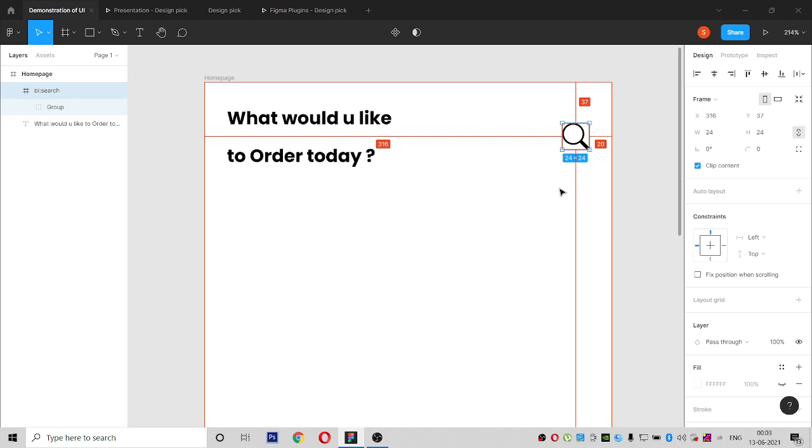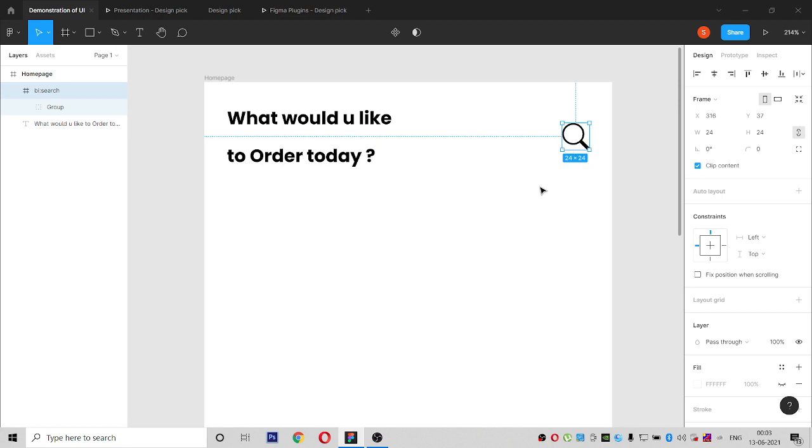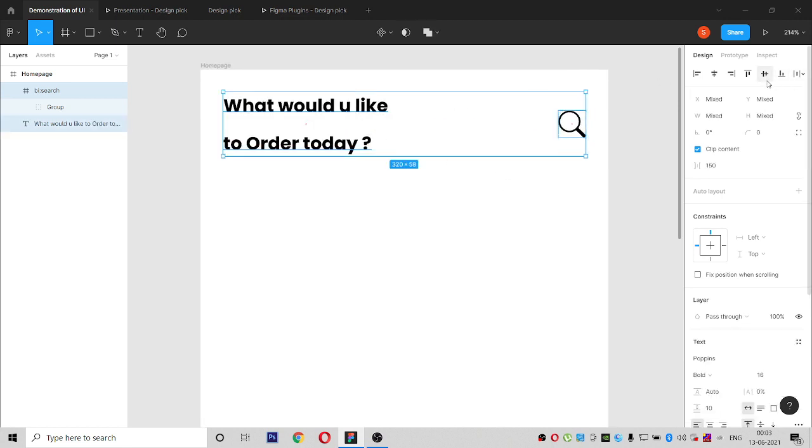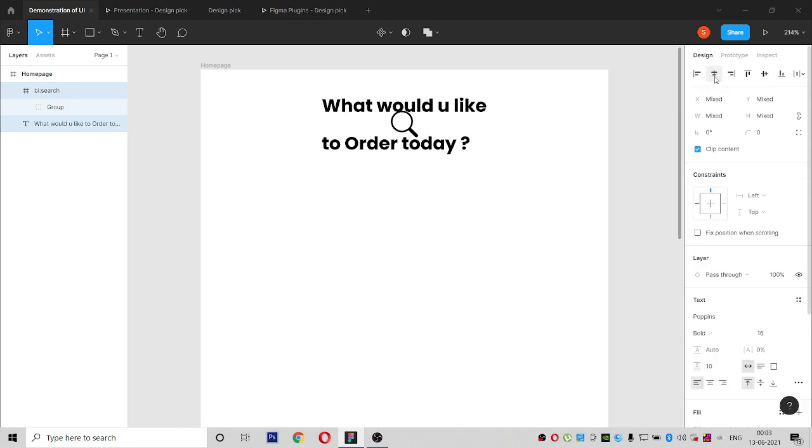from the right top 37, from right 20, and clicking on this and selecting the align vertical center. This will be aligned properly, and if you click on this, it goes horizontal. See, you can just check it. This is to the right.